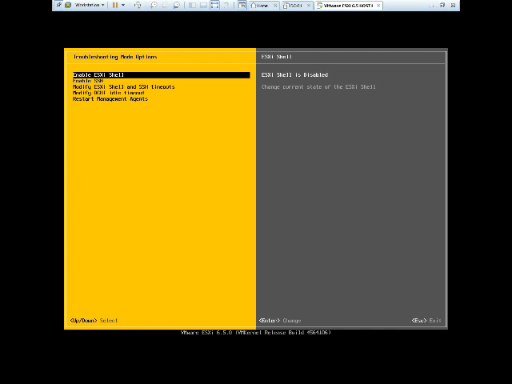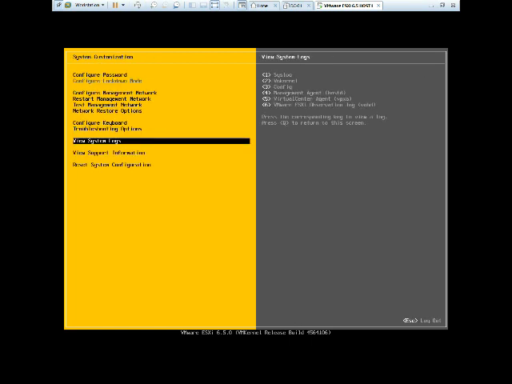Then the troubleshooting option. If you want to enable SSH and so on, you can just press enter on SSH, but these are things we don't usually do from here. Once we configure vCenter, we'll see all these options, how to enable SSH and how we can troubleshoot from SSH. View system logs: if you click it, it will show you the logs.